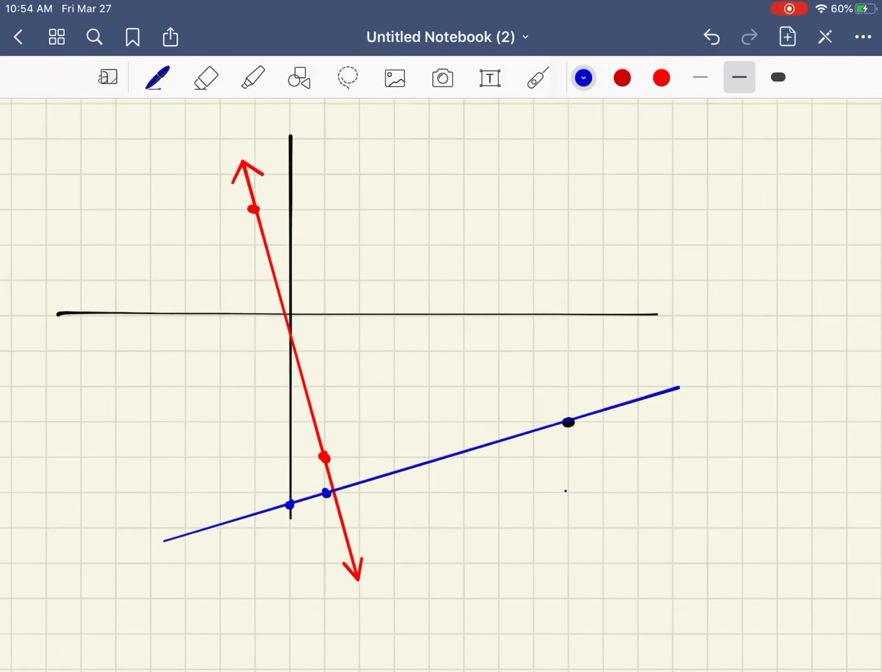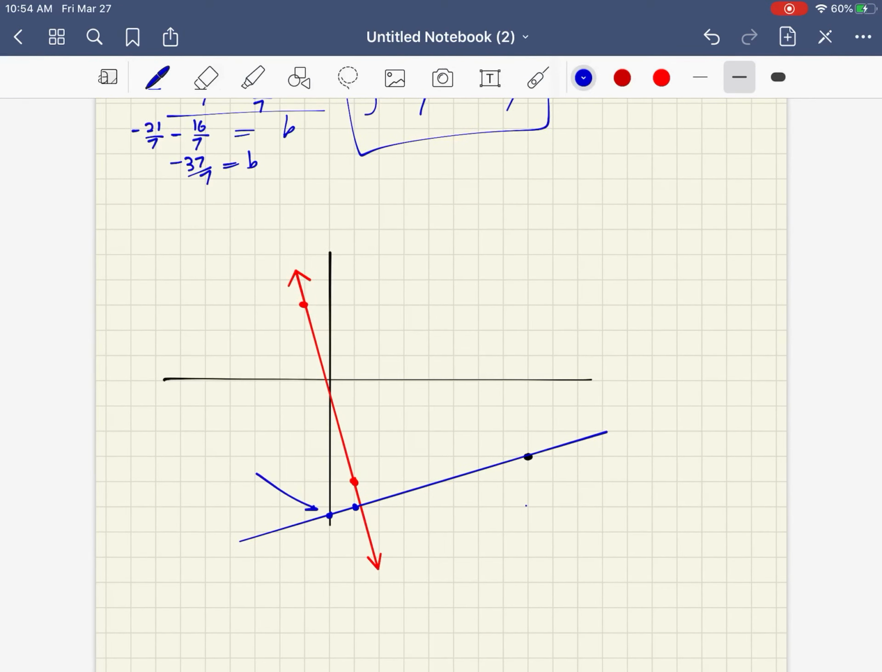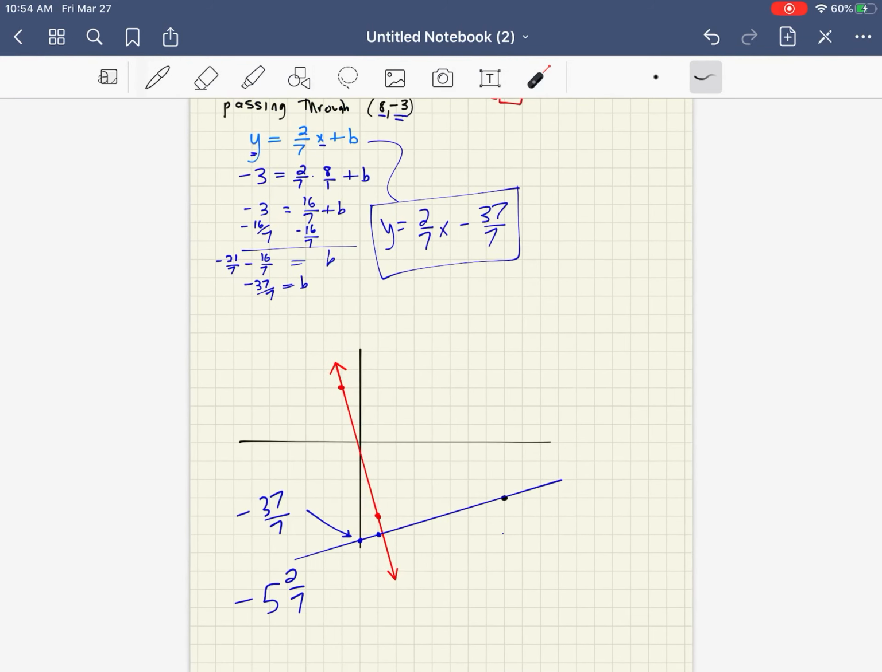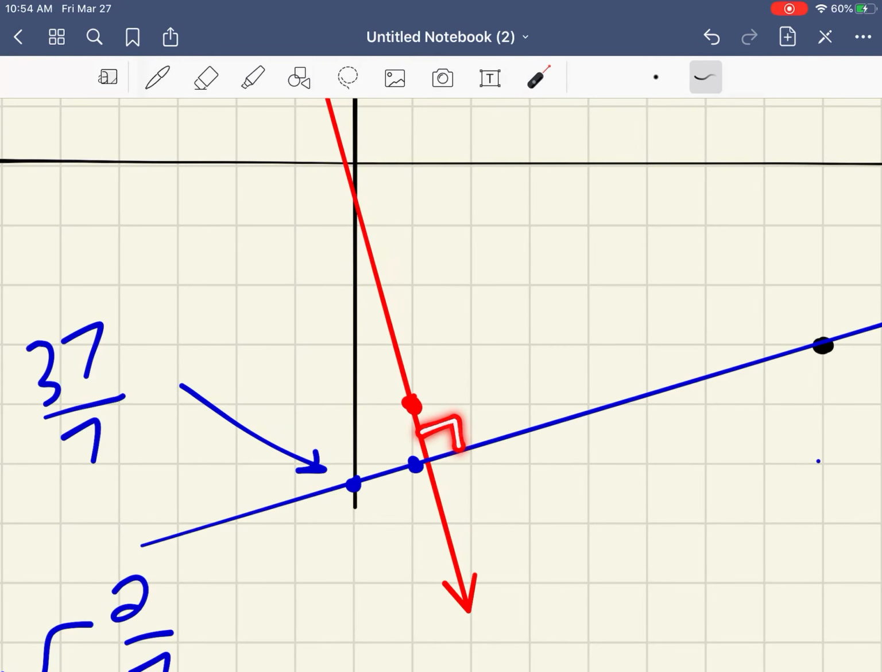How did I do? Is this y-intercept consistent with my negative 37 sevenths? Well, that would be negative 5 2/7. Let's just count 1, 2, 3, 4, 5, and a little bit more. Looks perfect to me. So my equation looks pretty good. And notice that this is a 90-degree angle, which